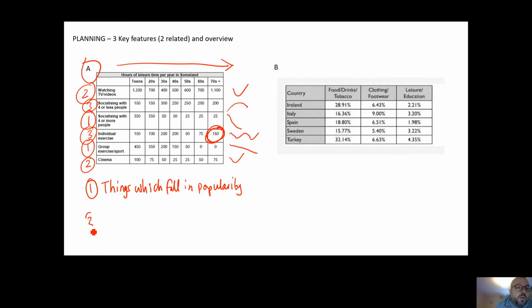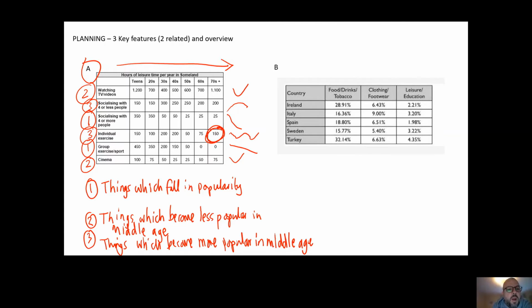Key feature 2 and key feature 3 I'm going to talk about together. Now, I know that 2 and 3 are going to be reported together, so those are my related features. Final thing I need to do is identify an overview, and it's often the case with tables that there is no obvious pattern. There is no one statement that really describes the trend for everything, but that is my overview